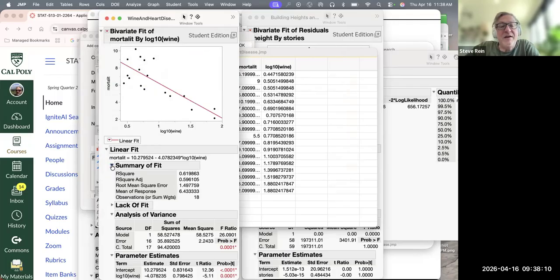Just a note for this data set, we also check out the normality and the equality of spread. It does look as though there's maybe a little bit wider spread for the low log base 10 wine consumption than for the higher log base 10 wine consumption, but that's because there's so many more countries down here. Under any formal check of the equality of spread, we think equal spread is reasonable to believe. And so the p-value down here for the slope, is there a relationship, I feel comfortable saying, yeah, the slope is noticeably non-zero. Any questions about that example?